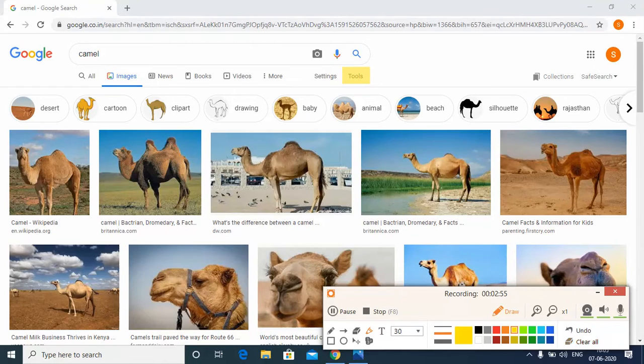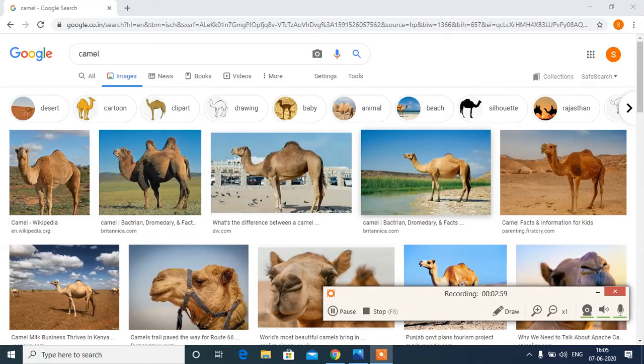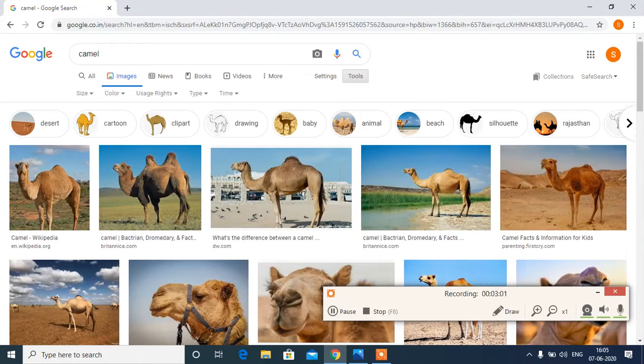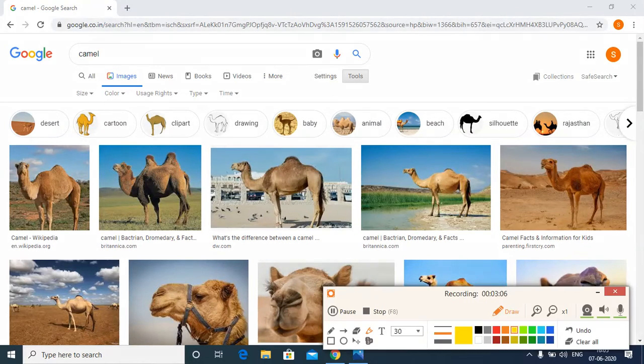Now I click on the option tools. Now here are so many tools present before me. Look here: size, color, user rights, type and time. So we will go through these tools one by one.